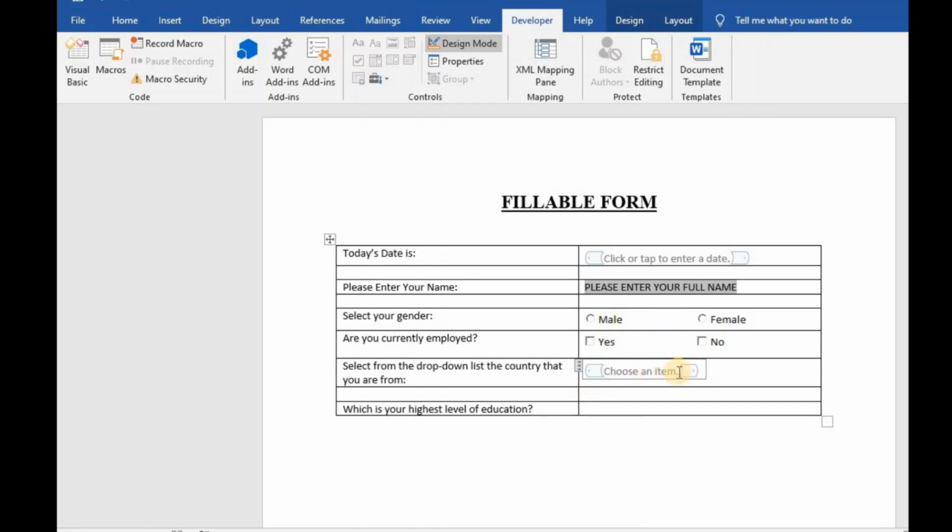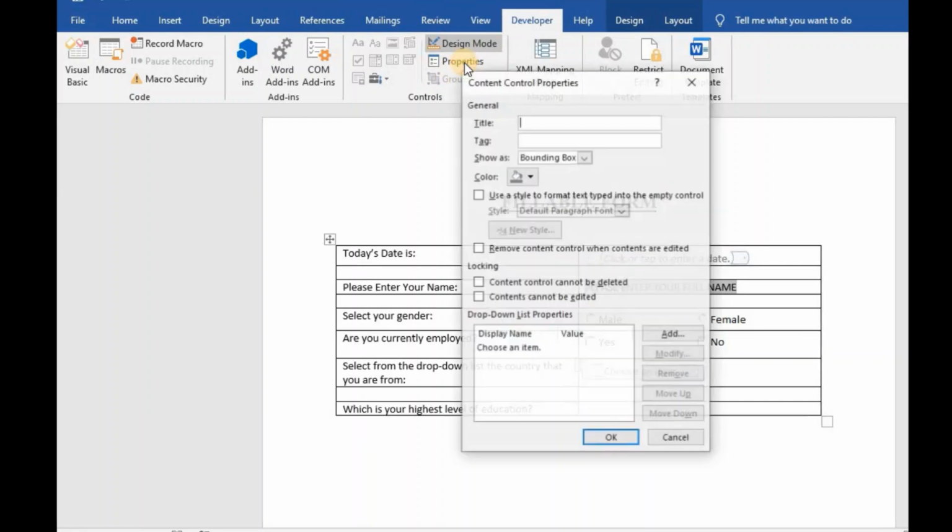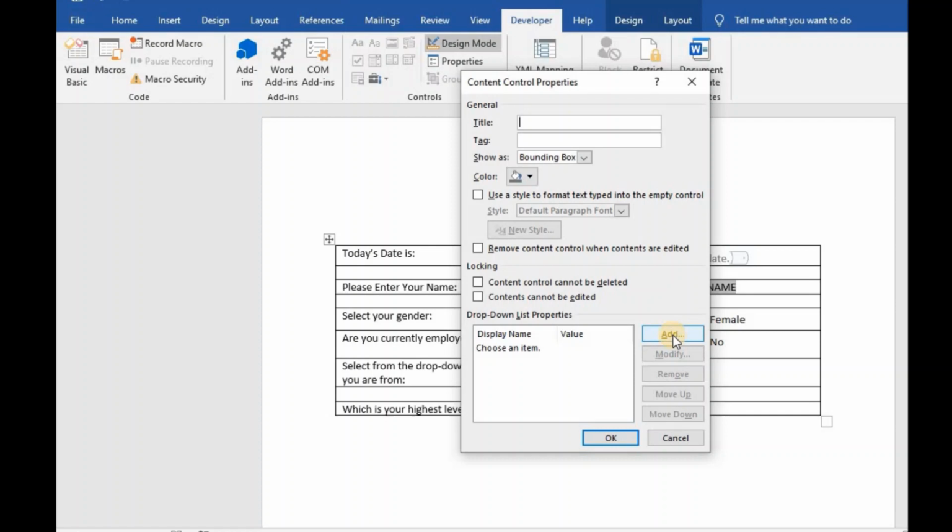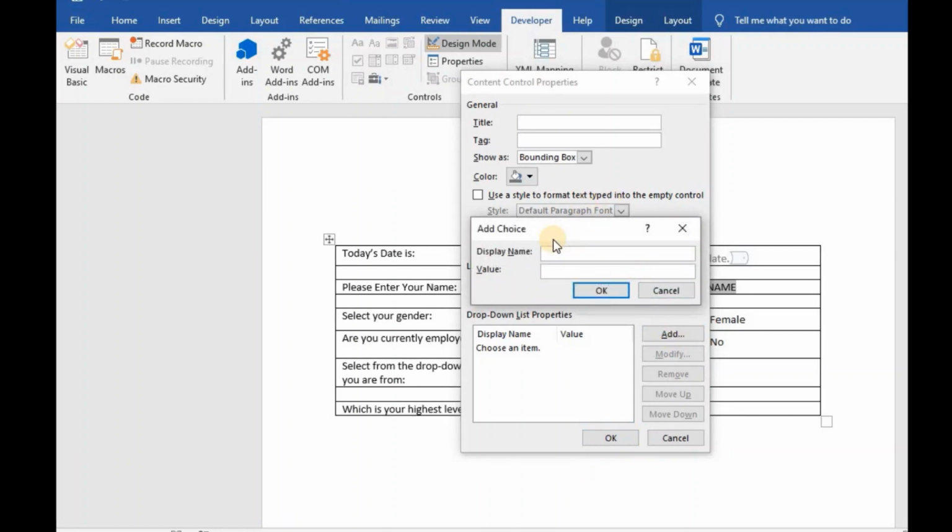So again, to make the adjustments we go to properties, and in the properties box we will go down to the bottom section that says drop-down list properties, and the option that says choose an item, we'll leave that as the default. So now we want to add our countries. The first thing that we do is select add on the right hand side, and the first country that I want to put in is my home country, which is Jamaica,